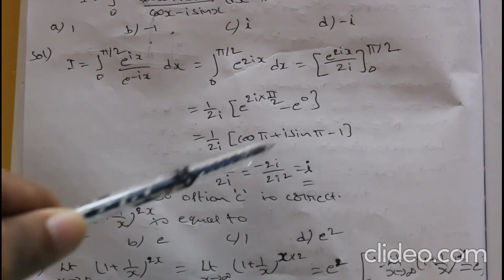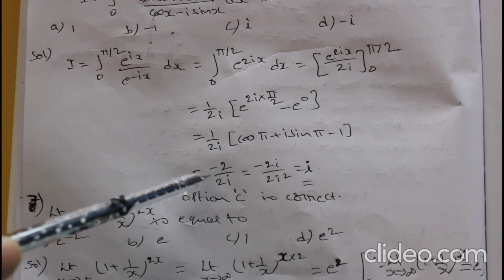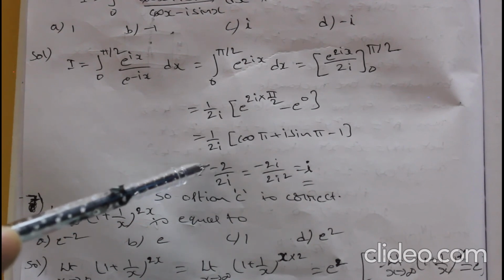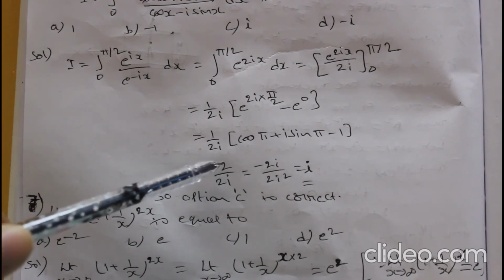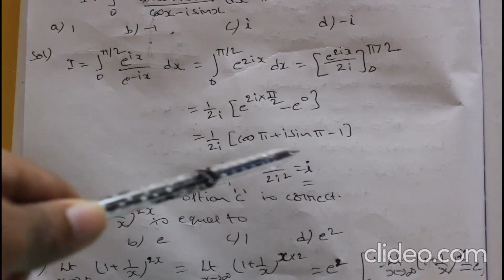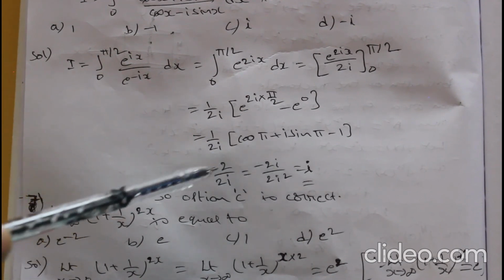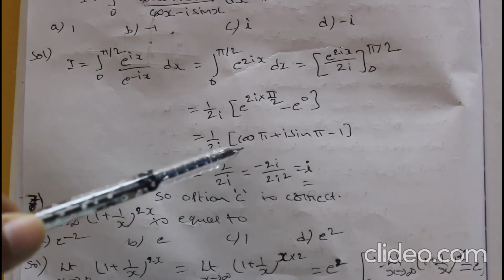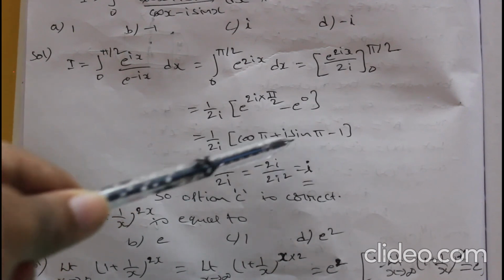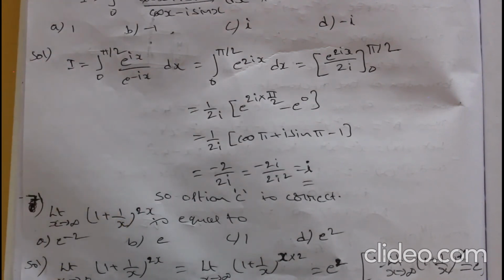Answer will be i. Here you can do directly, minus 1 will be i square. So if you take i square, so 2i square by 2i, so 2i gets cancelled. Answer will be i. You can do it either way. Here I have multiplied and divided with i, but directly you can substitute minus 1 with i square. Anyway, you will get the answer i. So the answer is i for this question, friends.